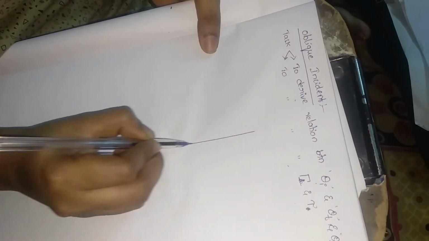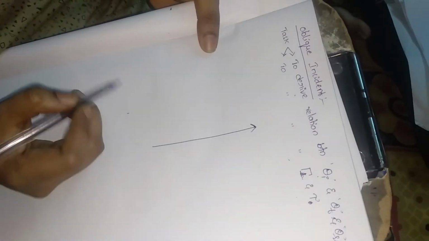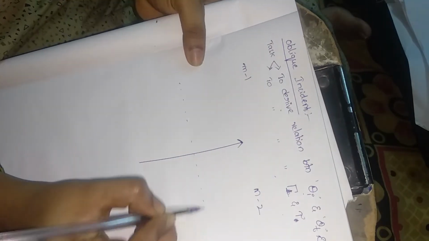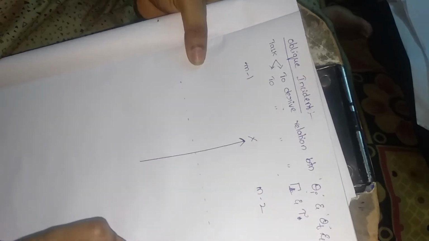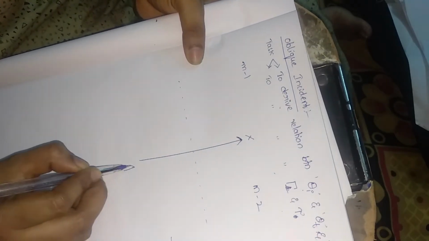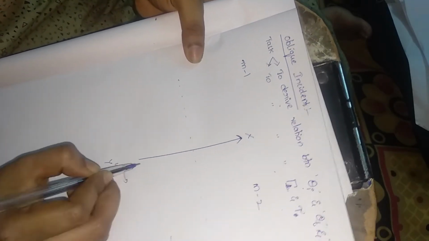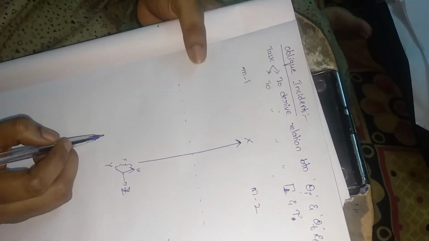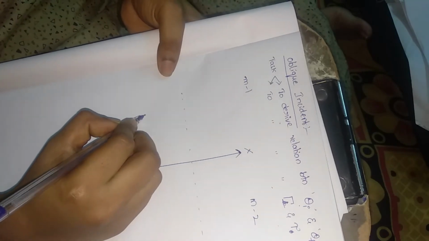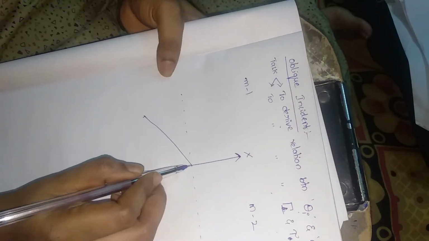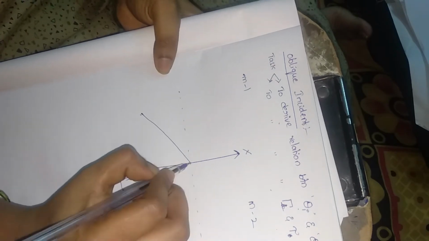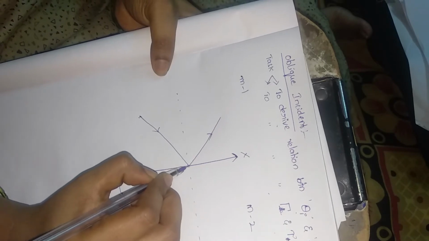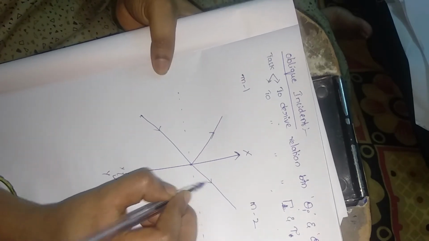Let us consider this is the boundary. Here it is medium 1 and here it is medium 2. Let us consider the axis is x axis, here it is z axis. So here it is x, y, z. I am taking the xy plane. Whenever the EM wave is incident on the boundary of any surface, some wave will be reflected back and some portion of the wave will be transmitted into the other medium.